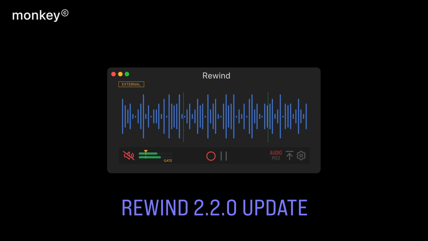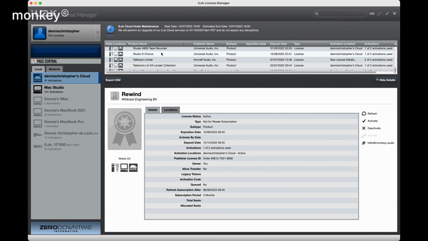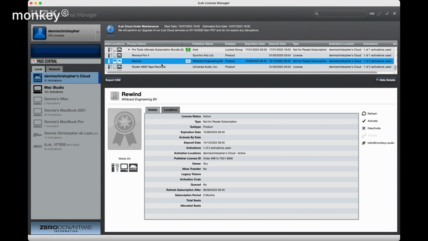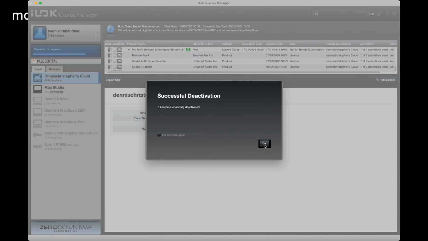Also much requested was the ability to use Rewind on 2 computers even at the same time. Well, for new users this happens automatically, but if you're already a user, then all you need to do is the following. You go to the iLok License Manager, you locate the Rewind license, you deactivate the license, and then